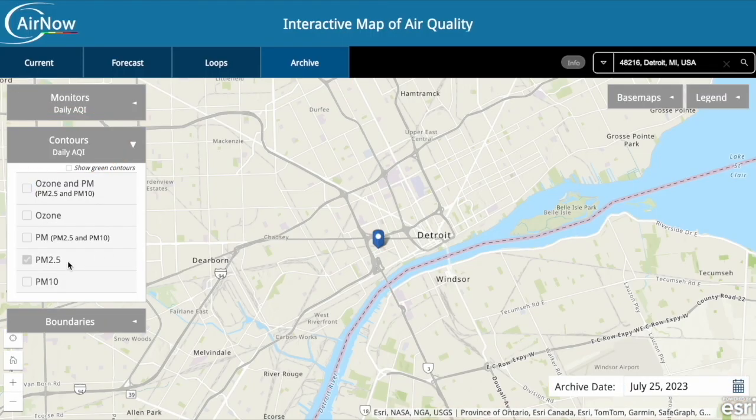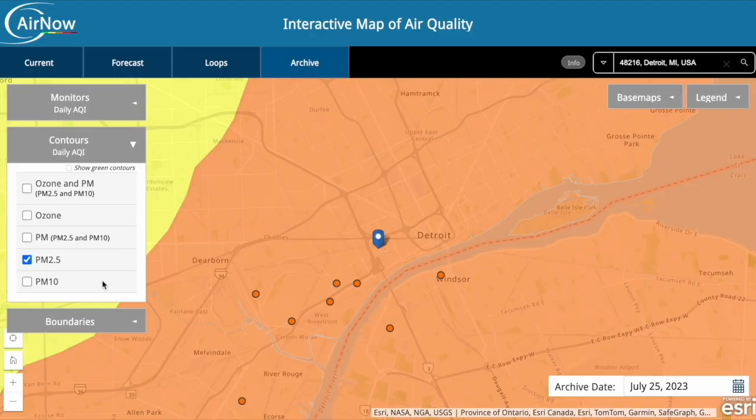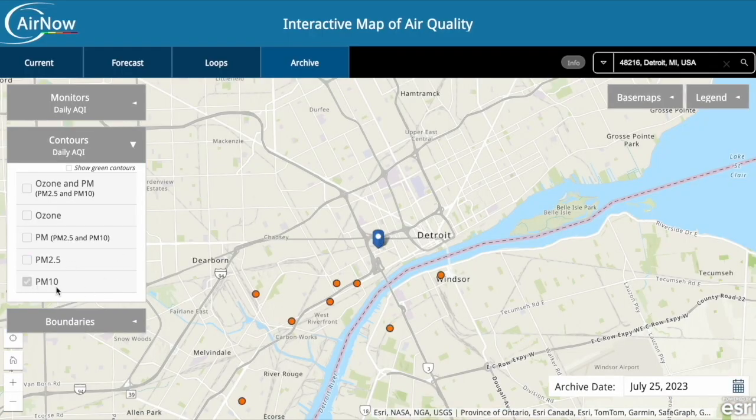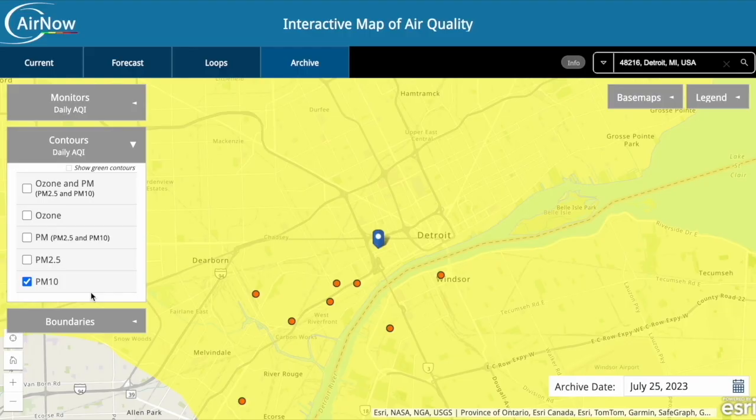When we look at the data, we see two types of particulate matter, PM2.5 and PM10. The PM2.5 are the smaller particles, less than 2.5 microns diameter. These can penetrate down through the respiratory tree to the bottom of your lungs. PM10 are larger particles. They don't travel as far, but they can still enter your body and get stuck in